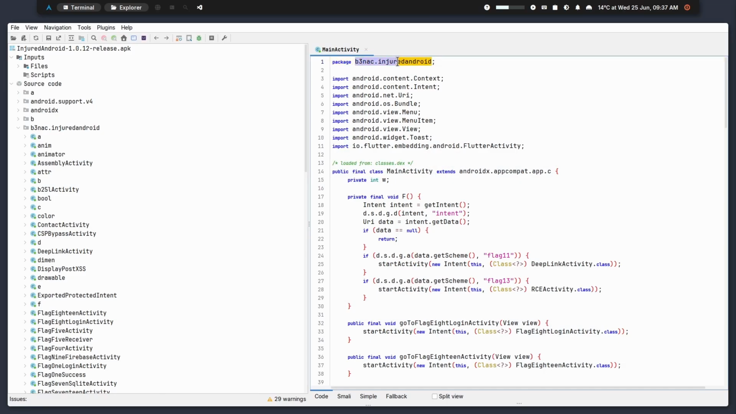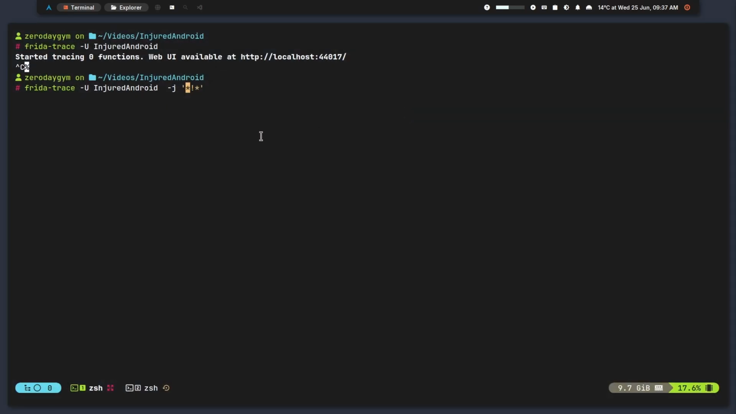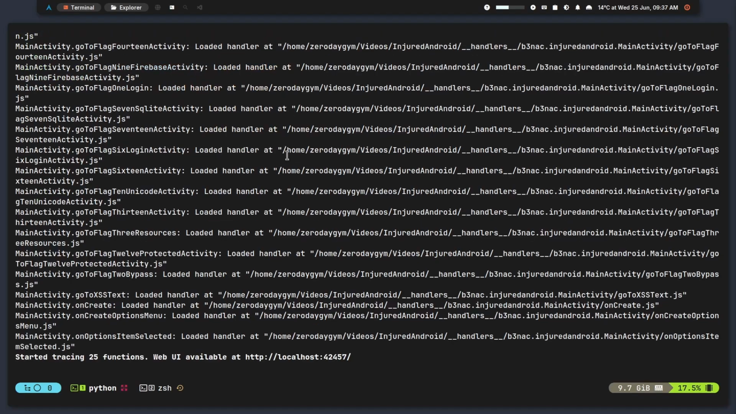So let me just copy this package name, binac injured android, and then paste it here, and I'm going to say it to Frida. We are going to trace everything under the package binac injured android, everything that comes after it, and every single function that binac injured android is going to execute. Then let's click enter, and we can see that Frida